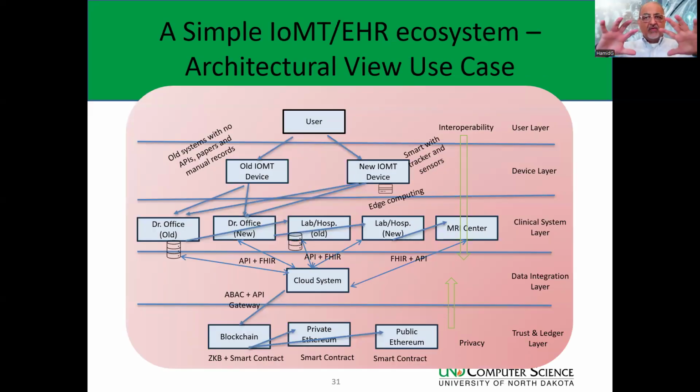And overlaying this taxonomy on our use case, you will see what criteria for each are needed in this case: the smart contract, the ABAC, and the API gateway. You may need some kind of adapter API created to communicate with older devices and so forth. And you can see interoperability at all these layers has to be maintained, and privacy needs to be maintained.